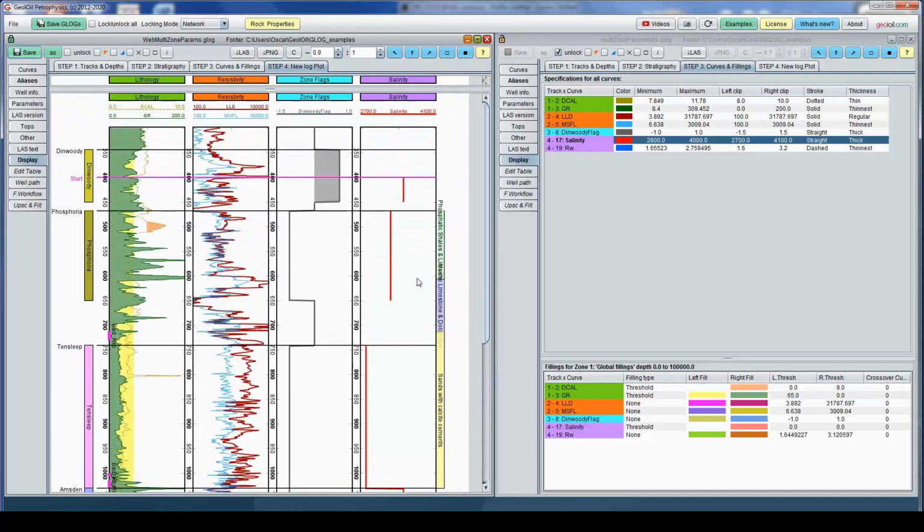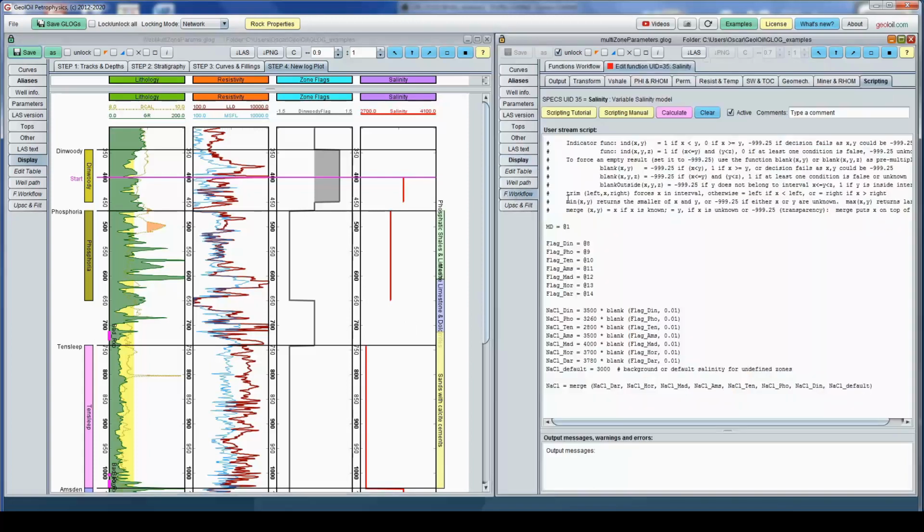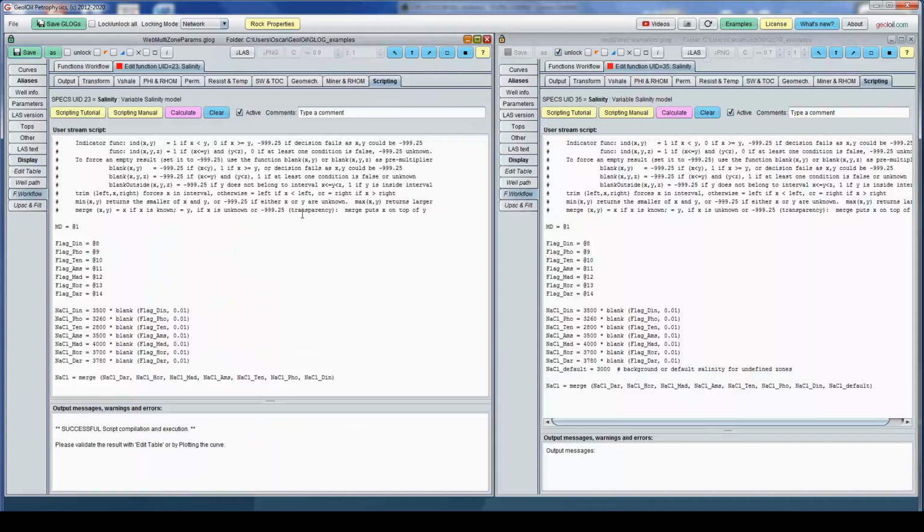We want to fill these gaps we don't like. That is why you can guess or assign a default value for salinity, because you would like to produce some water saturation values. So let's do that. Define a default value.